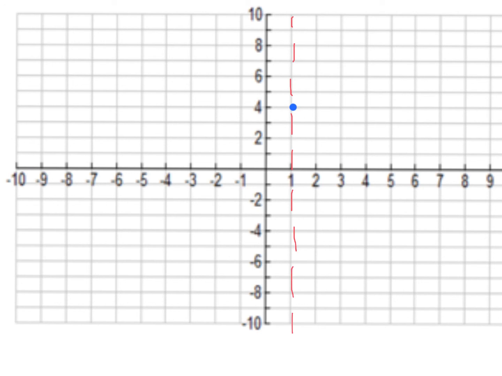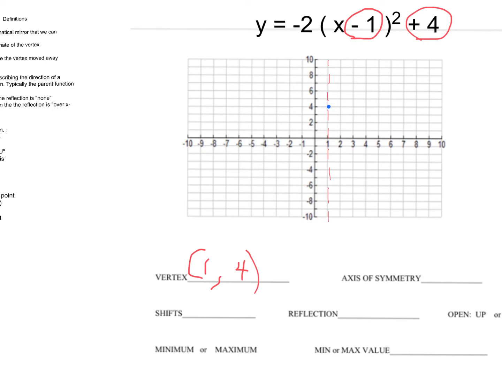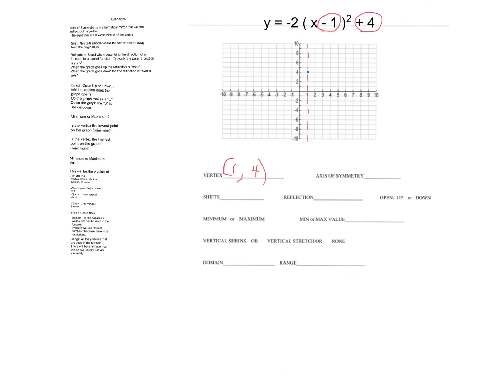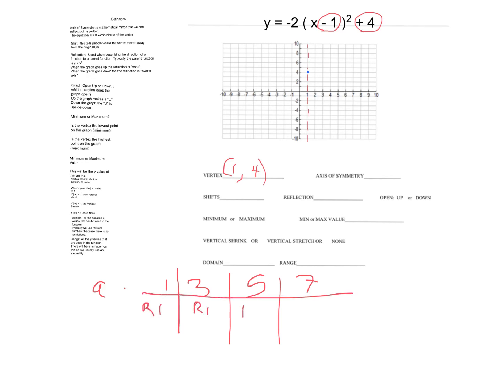Okay, now let's figure out how this thing moves. Alright, so A times 1, 3, 5, 7. So right 1, right 1, right 1, right 1. Now my A value in this case,